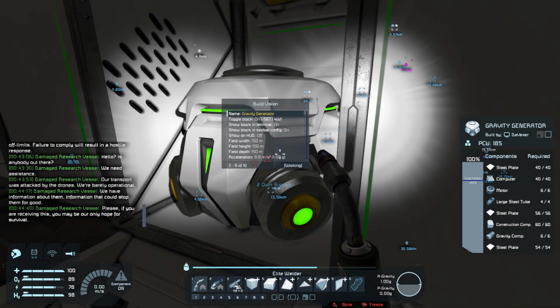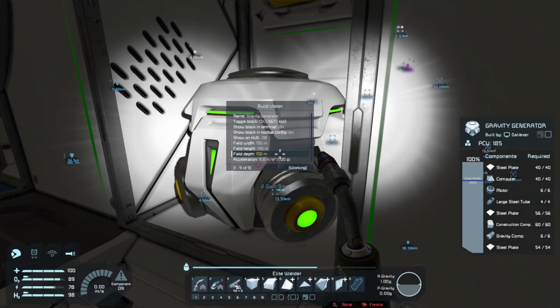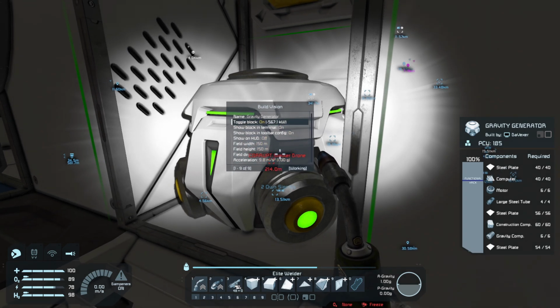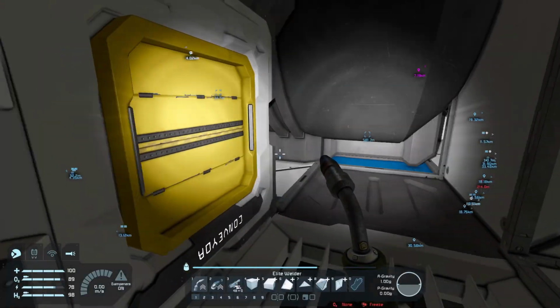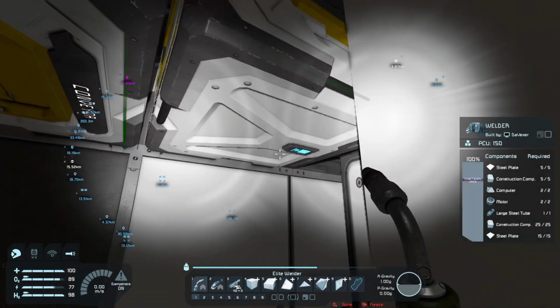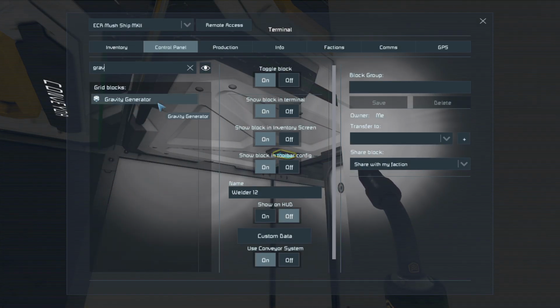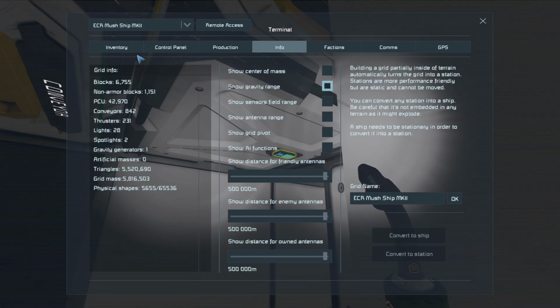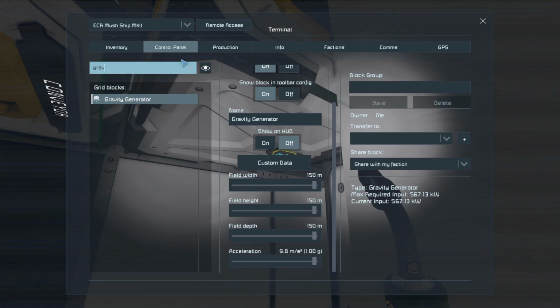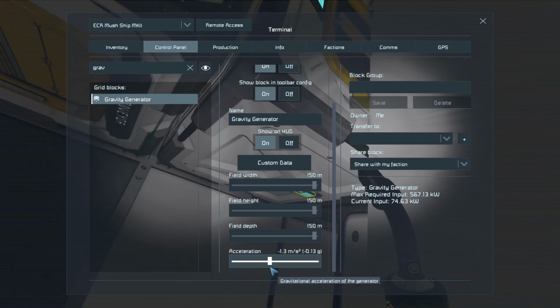But I don't need the gravity to be that crazy. I don't know the field width, how much we want that as well. I do kind of want to see the controls of it. I don't really play with gravity generators too much. I do the gravity range there, so we can see it. The gravity is right here. Gravitational acceleration. I don't think we need that much. I kind of want to do...